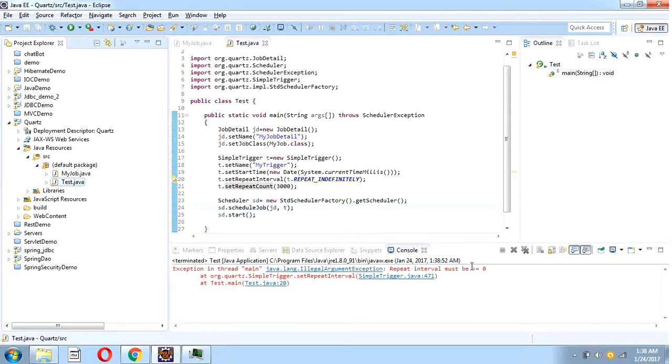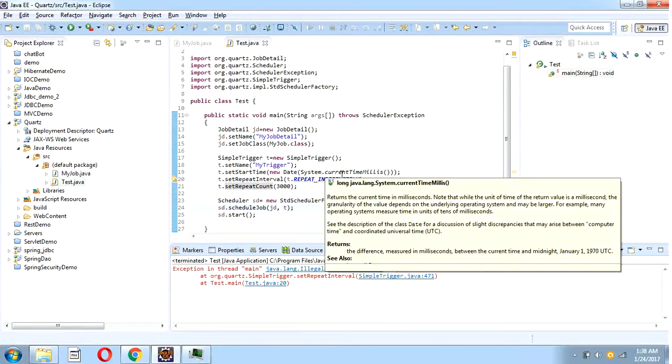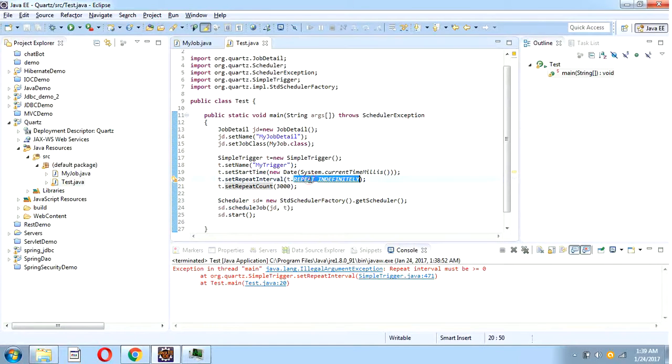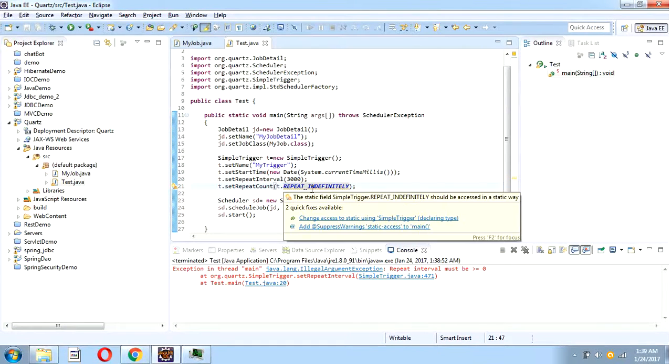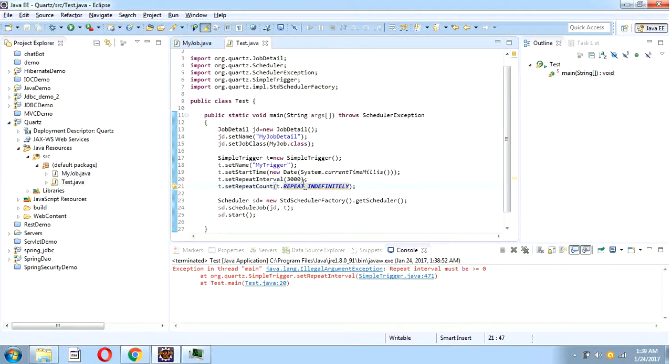Okay, so there's some other error. Repeat interval must be greater than 0. Okay, so I got it. Repeat interval should be specified like this. Okay, and then this t dot ident repeat count. So count how many times it should repeat. That should be indefinitely. So indefinitely it should repeat, and the interval at what interval it should repeat, that is